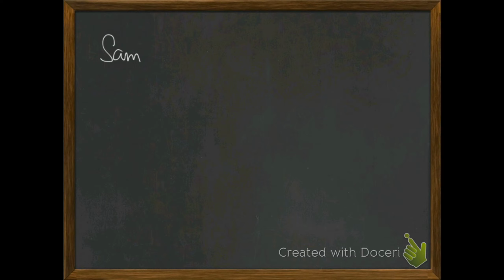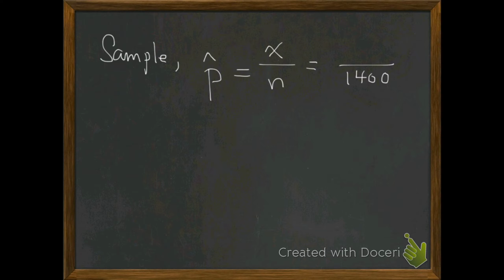They go out, collect a sample. And guys, if you're testing a population proportion, you'll go out and get a sample proportion. Recall that a sample proportion is found by taking x over n. And just for the heck of it, let's say that they decided to sample 1,400 Ohioans, and 423 said that they prefer or support the Affordable Health Care Act. All right? Now, the problem, or the question,